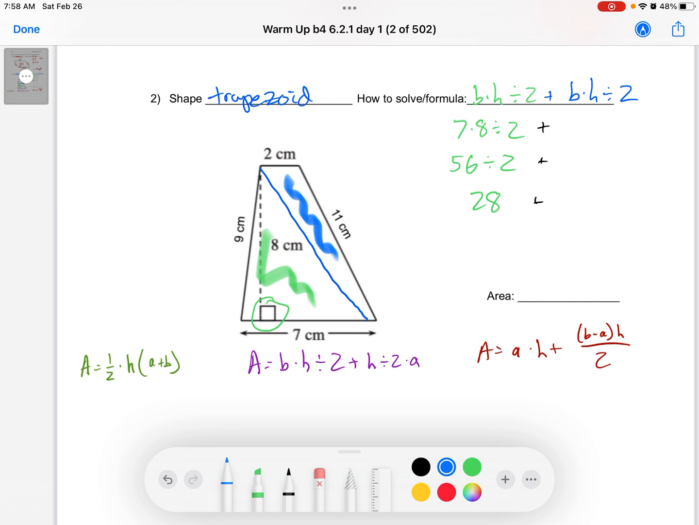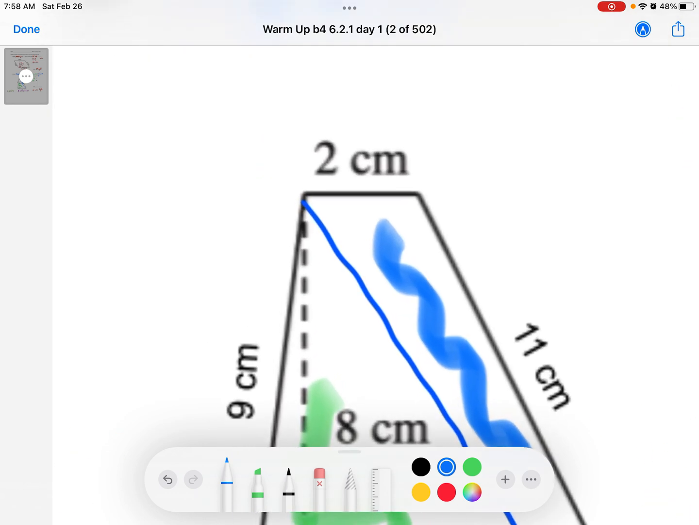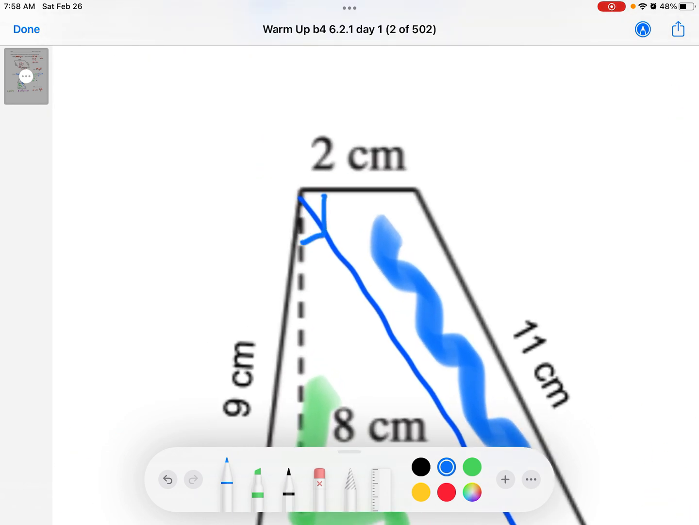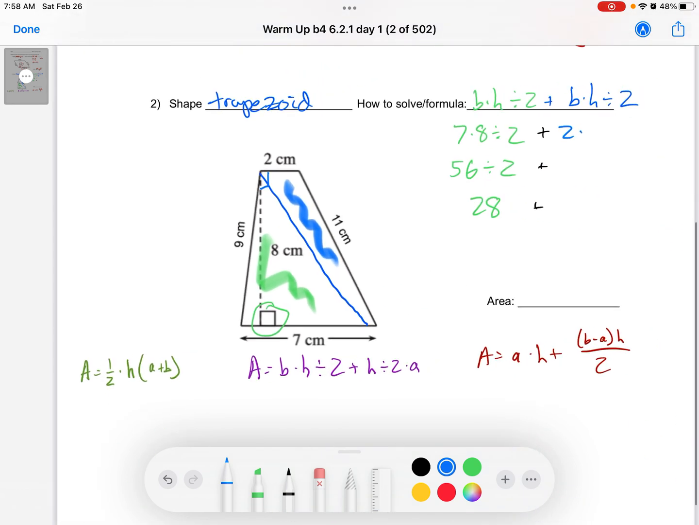All the while, we're going to be adding my other triangle along in there. And what do I notice? If I'm looking at that blue triangle, its base is 2. And its height is, I know it doesn't show it, but we do know that that's going to be 90 degrees also. So 2 times 8 divided by 2. That's 16 divided by 2, or 8. 8 plus 28 is 36